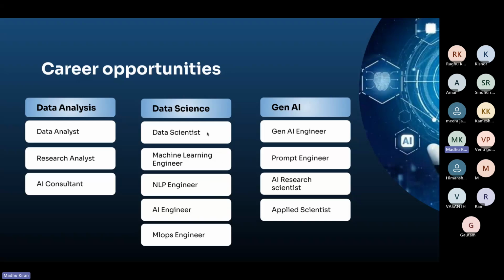Machine learning engineer, data scientist, Gen AI, and AI engineer are kind of similar roles, but the AI engineer is like software engineer plus machine learning. And then MLOps: if someone has DevOps experience, like deployment experience, then DevOps plus traditional machine learning combined would be an MLOps engineer. So depending on your background, your experience and what you are interested in, you can choose a career path related to that. Again, a lot of this job description depends on the company's requirement.